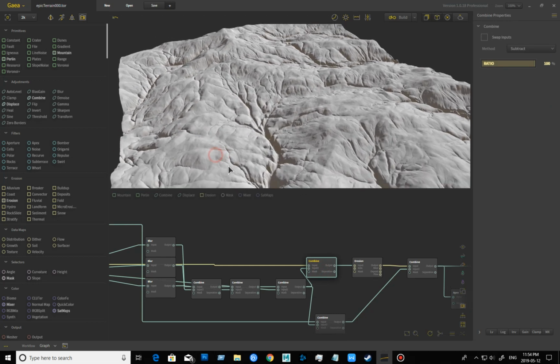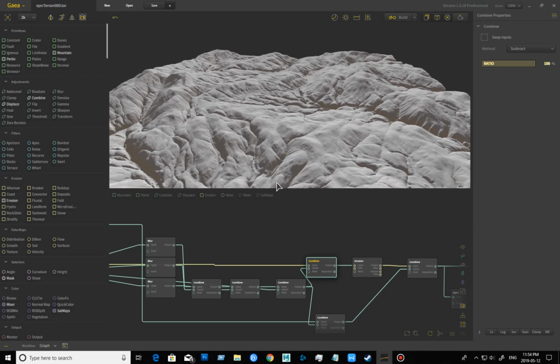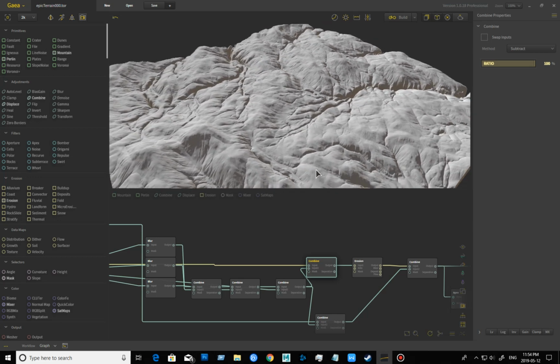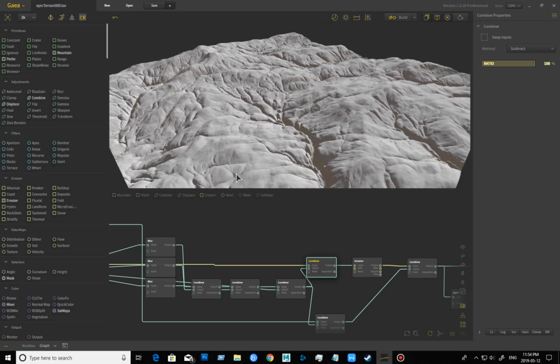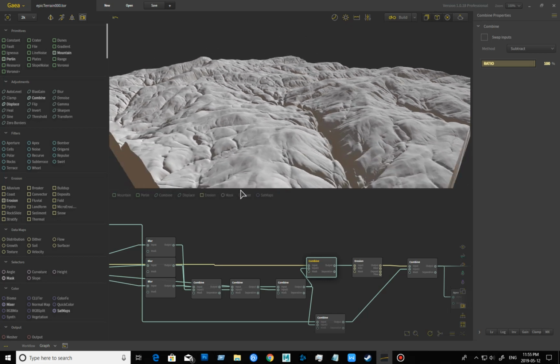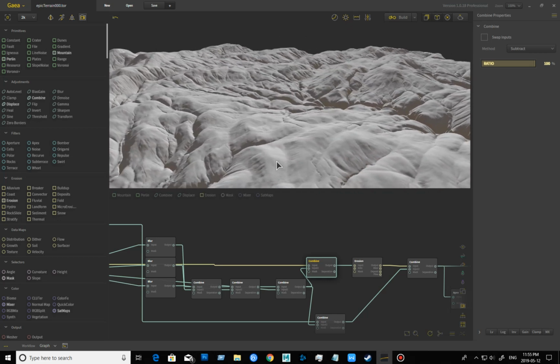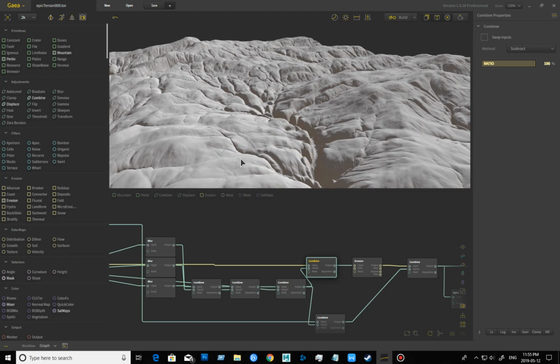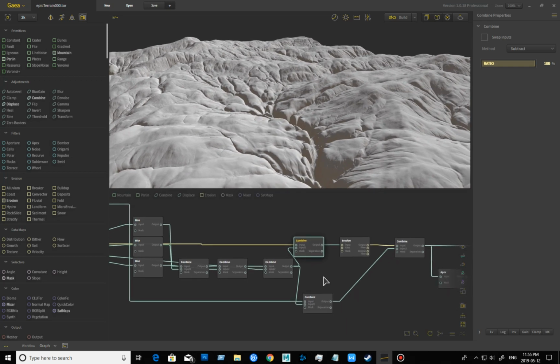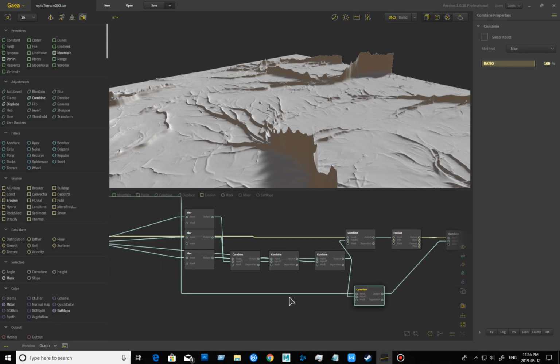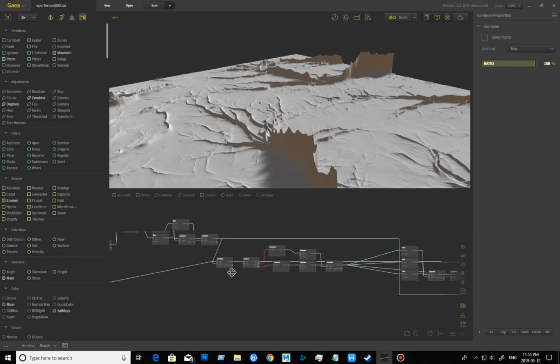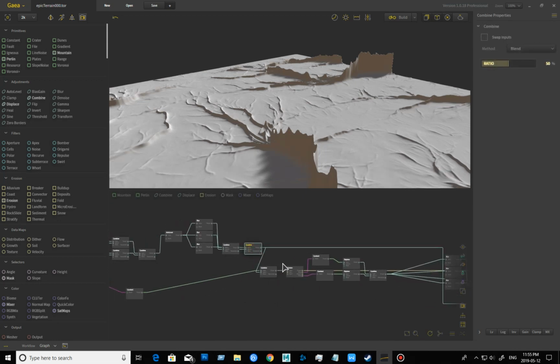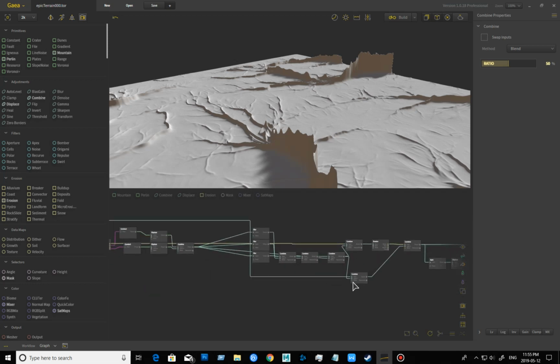So if you notice now, that breakup is a lot more complex. There's a lot more going on. Combined with the erosion that's originally there, we get a much more aged looking terrain. I've also combined it with the original, the uneroded details coming off of this. So these ones combined with these ones,